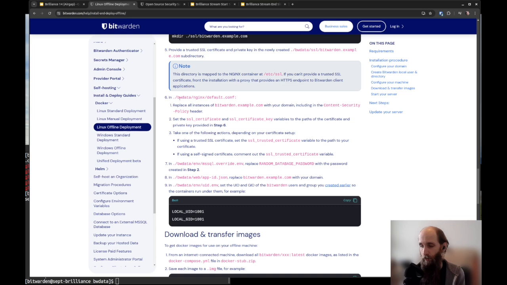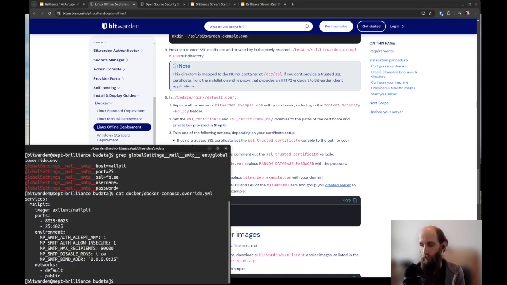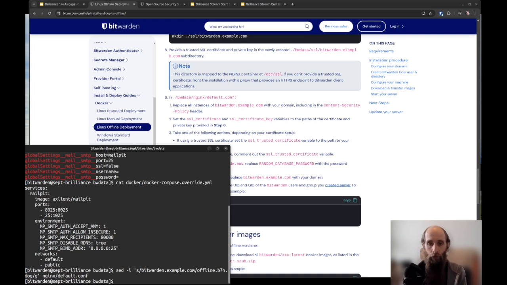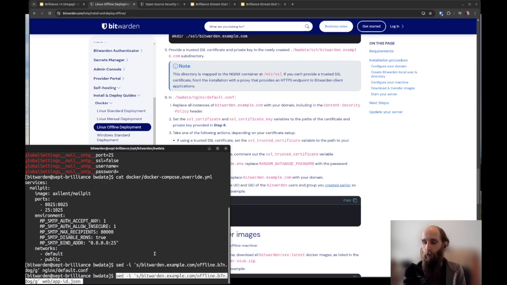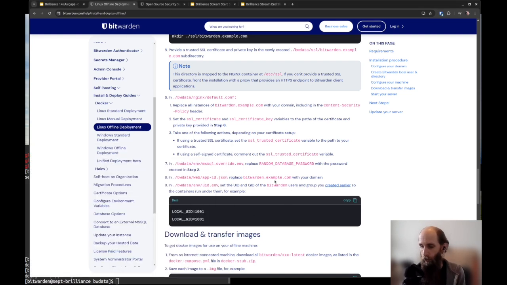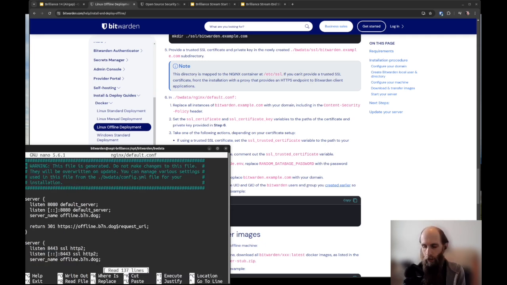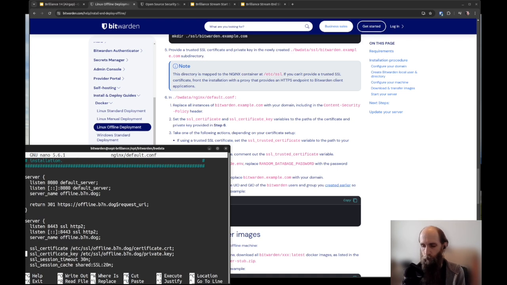So I've completed step 5 and we are on to step 6, where I'm going to modify the Nginx configuration. I'm going to replace the placeholder value from the Docker stub file in Nginx with the DNS I've set up for this stream. And I am also going to make the change here to appid.json. But now I do want to go ahead and open up that Nginx config file just to flag another best